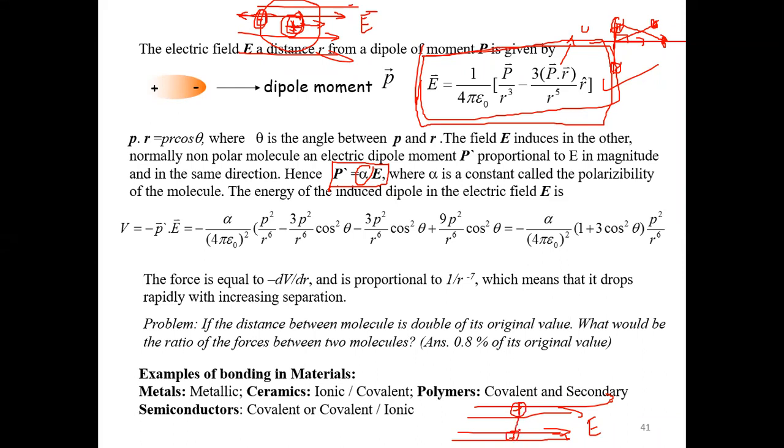When there is a dipole in an electric field, there will be a force on the positive charge along that direction, and a force on the negative charge along the opposite direction. These two forces will be equal in magnitude but in opposite directions. They will form a couple, and due to that couple, this dipole will rotate. The positive charge will come here, the negative charge may go there, so it will rotate. Due to that rotation, there will be energy stored in that system.